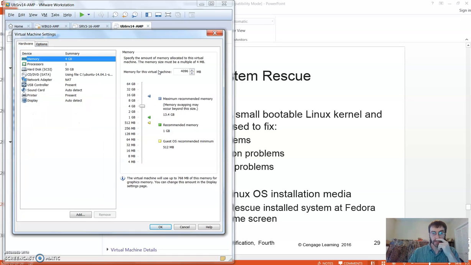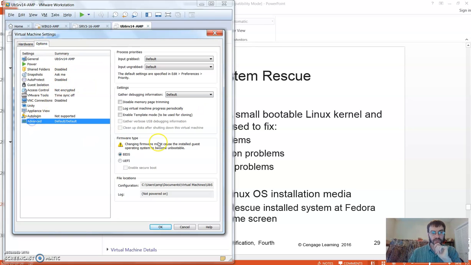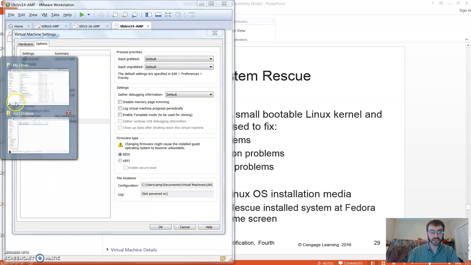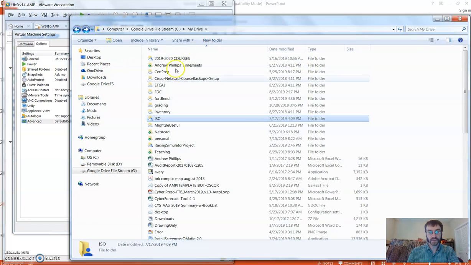rescue image. Let's see. So, options, advanced. It's in the BIOS here. You may have to get a little creative here. Let me show you something. This is not something you want to do all the time. So